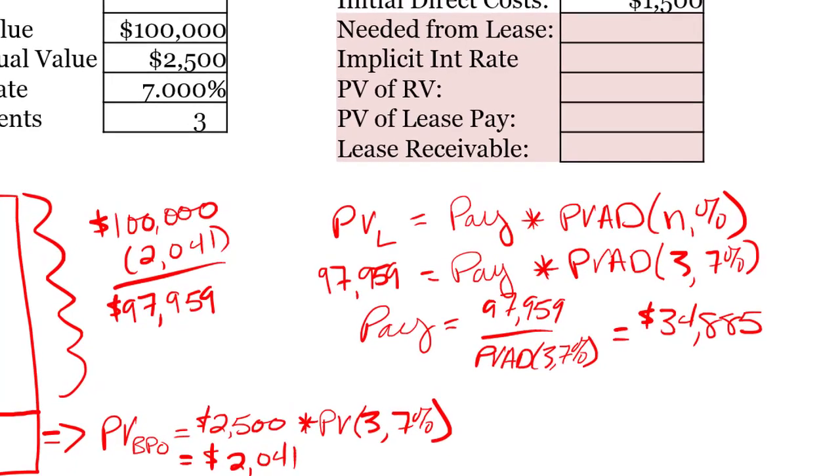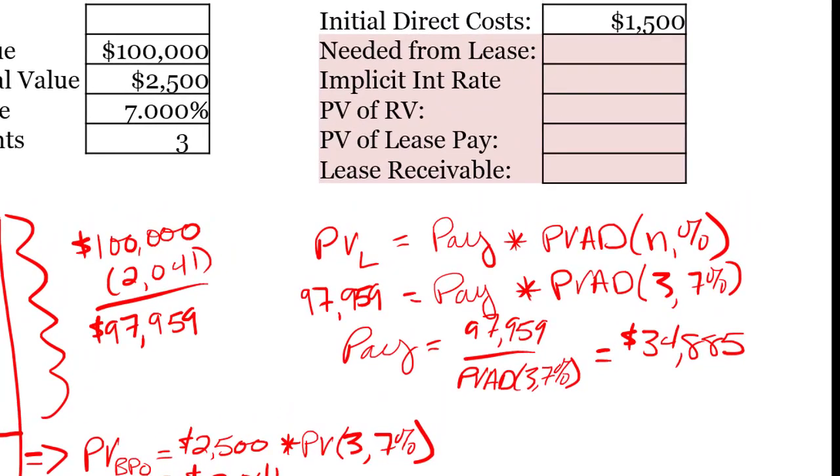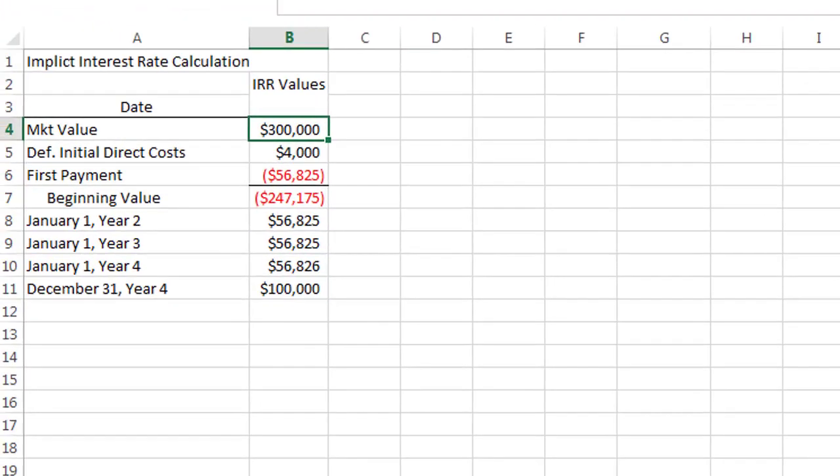So if we come up here, the amount needed from the lease, that's this number, 97,959. Now that I know that number, the next thing I need to know is the implicit interest rate. And to do that, I go back to Excel. You remember I had done this calculation before. Let's just replace these values with the values that I need. So market value is 100,000. In this case, I don't defer my initial direct costs. I have to record them immediately. So I'm going to go ahead and make this 0 this time. My payments, we said, were